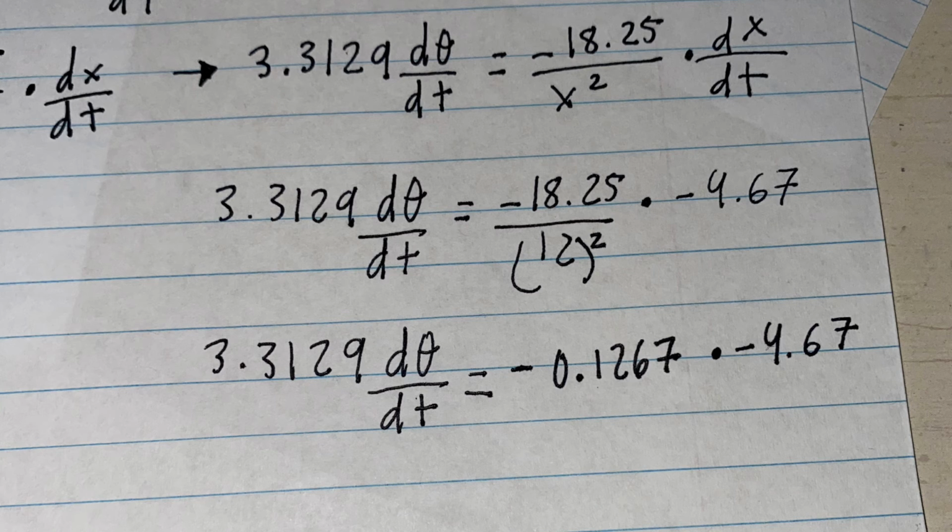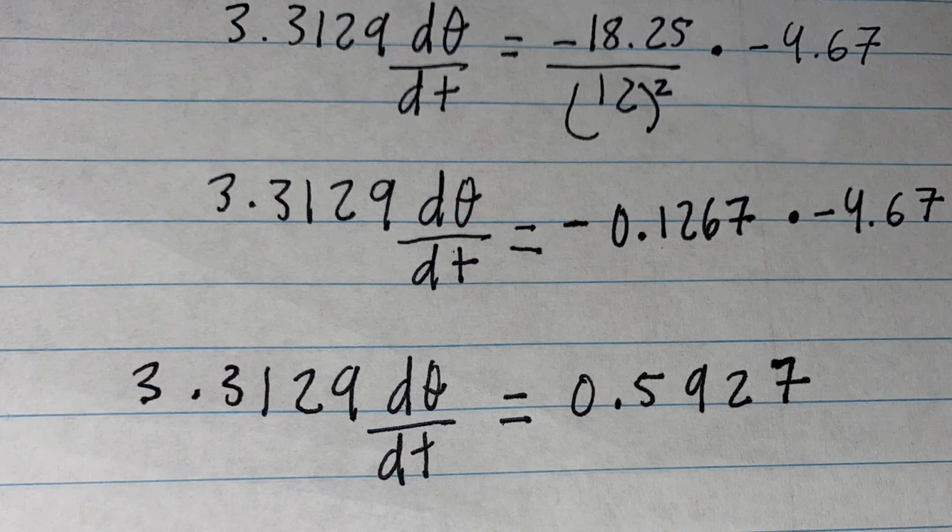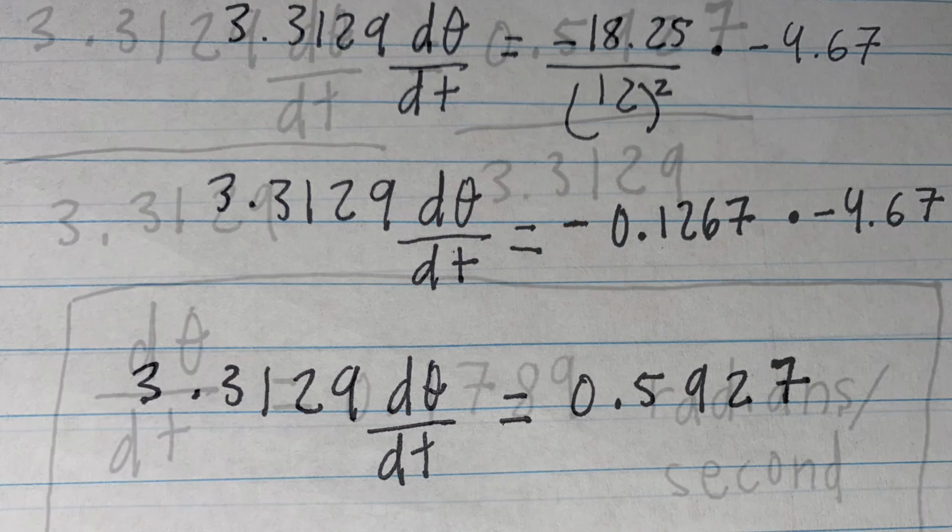When we simplify, we get 3.3129 d theta over dt equals negative 0.1267 times negative 4.67, which becomes 0.5927. And we divide both sides of the equation by 3.3129,